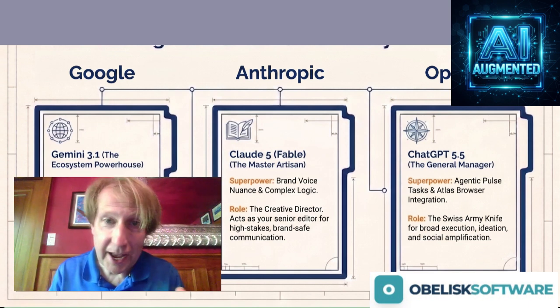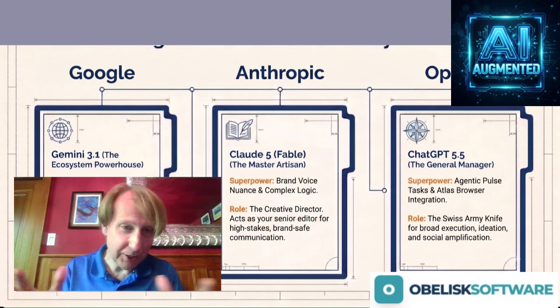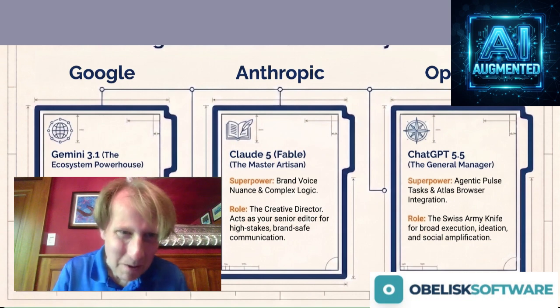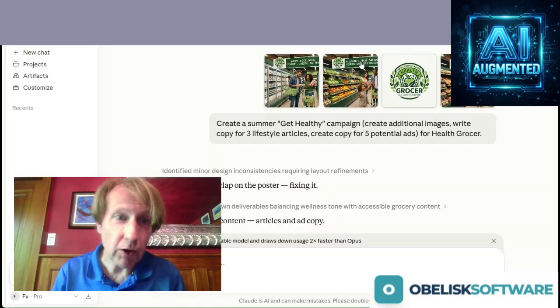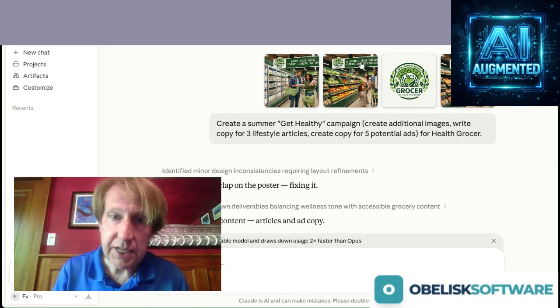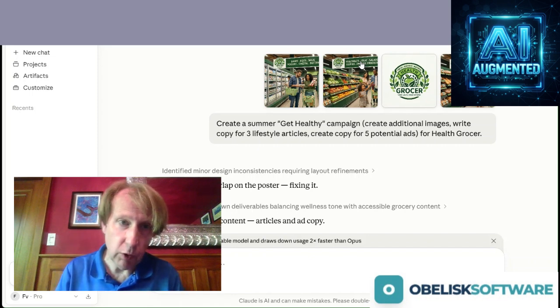The frontier of AI is no longer about asking questions and sitting in the prompt window. It's about architecting workflows. And if you want to see exactly how to connect these agentic workflows together using automation tools,